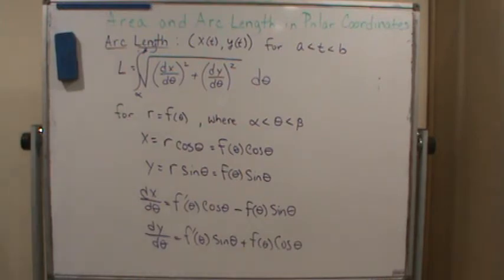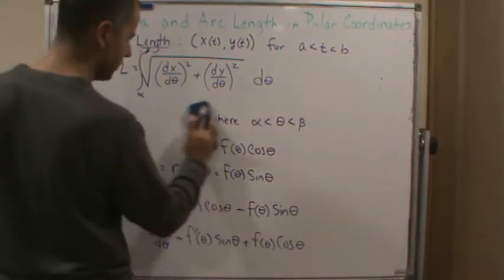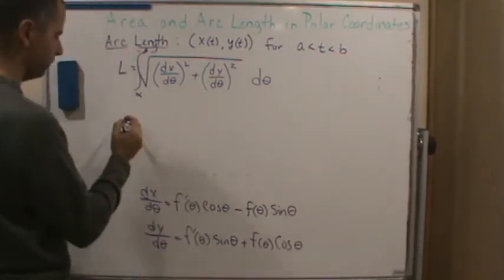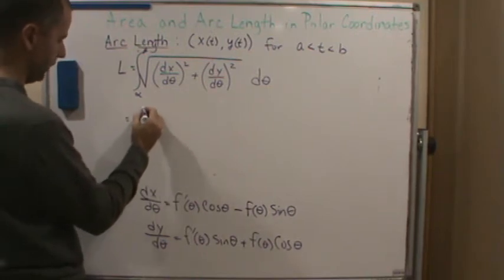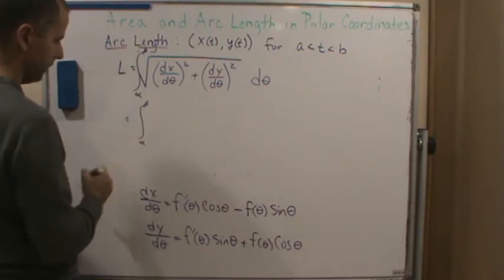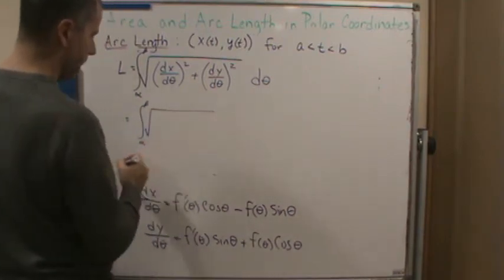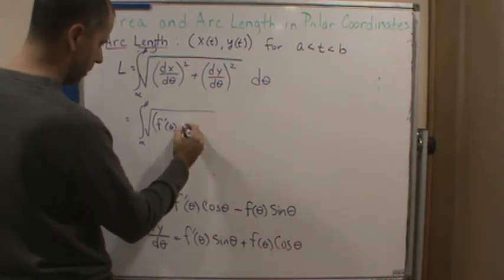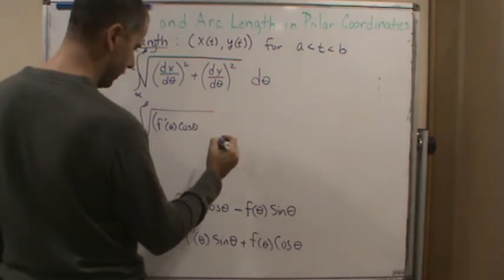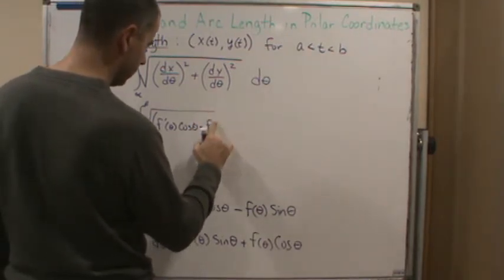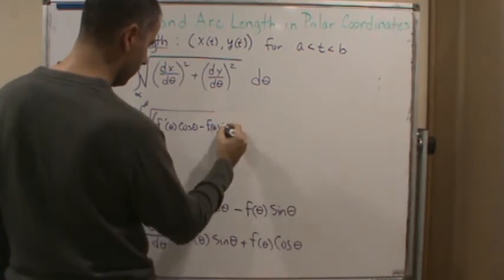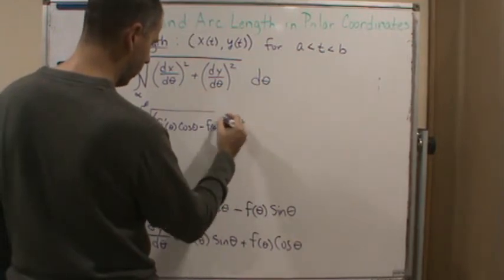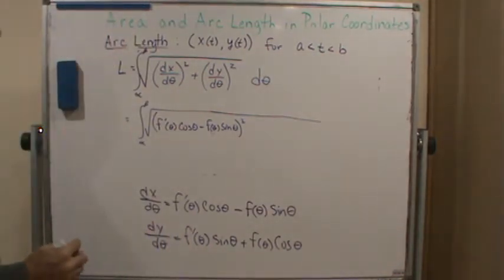Okay, so now let's do some more substitutions, because we don't want x and y in there, right? We don't want x and y in there. So let's make our substitutions here. I'm going to substitute in here, and this is going to be equal to the integral from alpha to beta of the square root of what? It's going to be f prime of theta cosine theta minus f of theta sine theta, quantity squared, plus